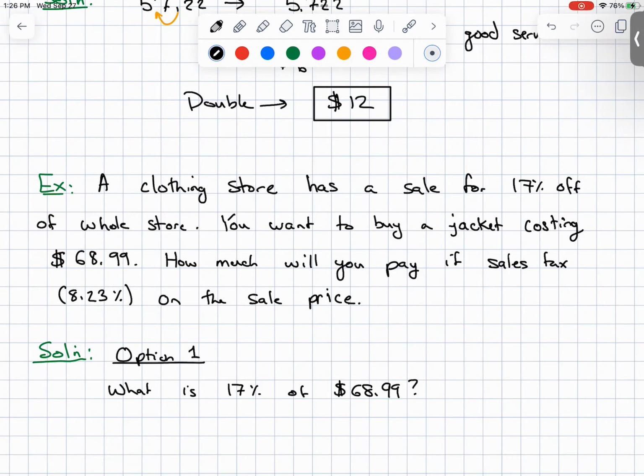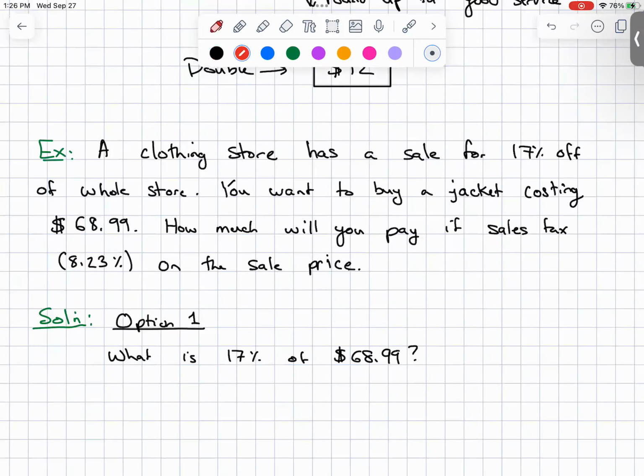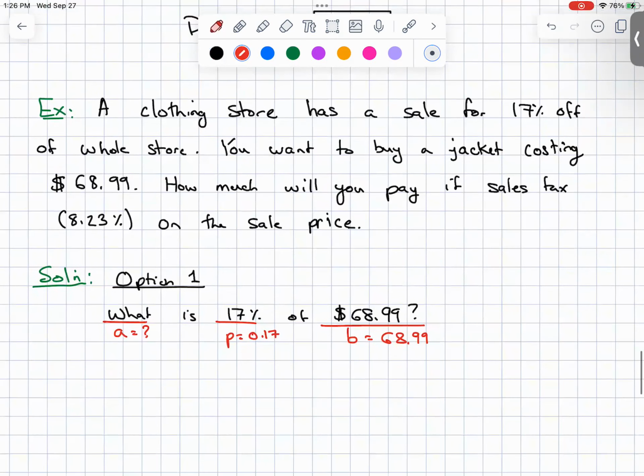So that's going to be your A value. Your A value is unknown. Your P value is 0.17, and your B value must be 68.99. Setting up the percent equation, A is equal to P times B. So this would be A is equal to 0.17 times 68.99, which ends up being